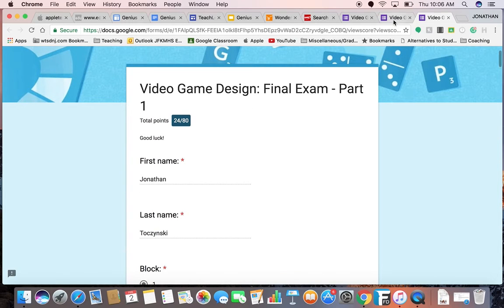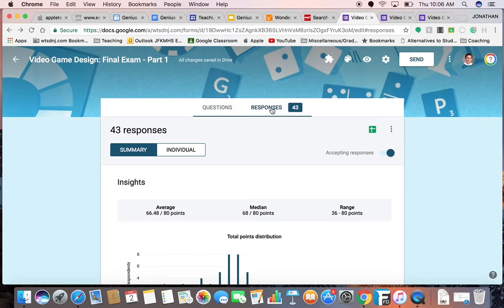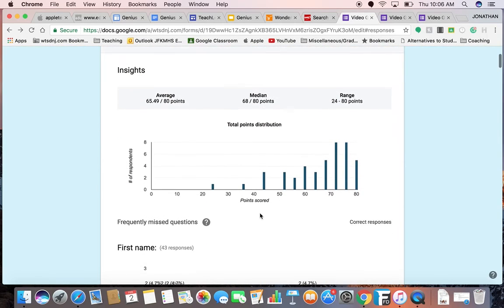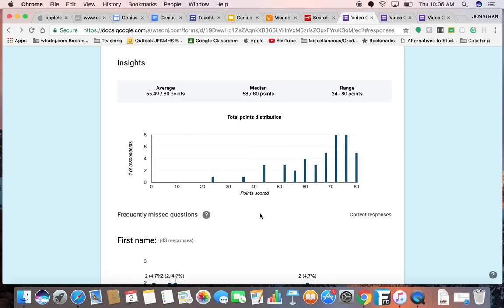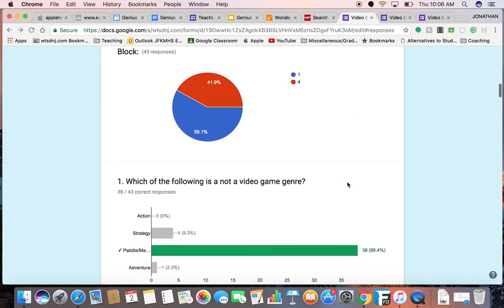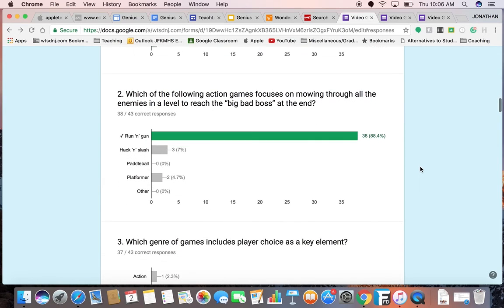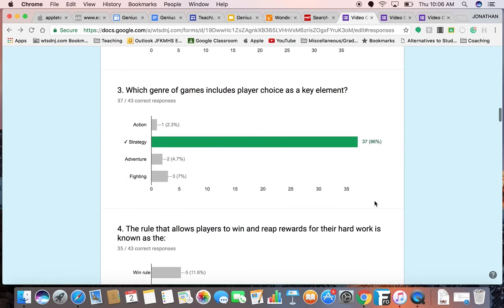And now going back to the teacher's part, once all the students have finished taking your quiz or test, you then go to responses. Google provides a summary. So what's the total points distribution? I can see for question 1, about 88% of my students got that one correct. For question 2 and question 3,